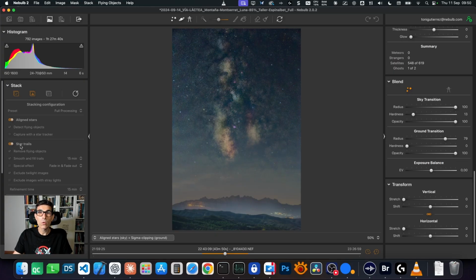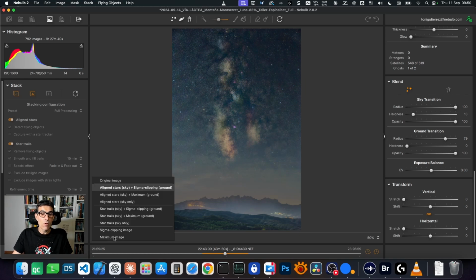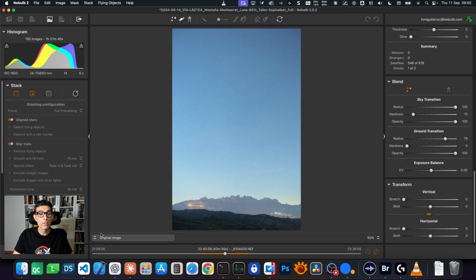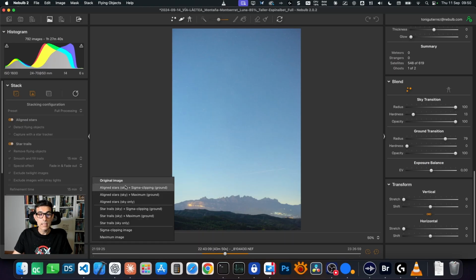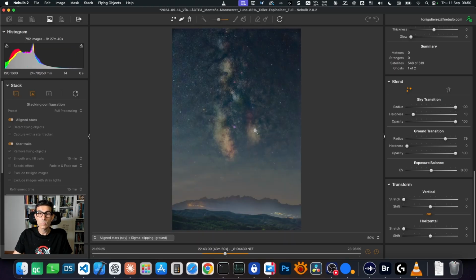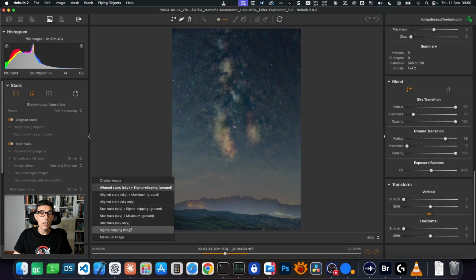In this video, I'm going to show you the result of the Startrails image. First, here you can select all the images that you get after the full processing stacking. You can see here the original one, and the aligned stars result. And also you have a section with the Startrails results. First of all, I'm going to show you the maximum image. Why? Because the maximum image is the classic